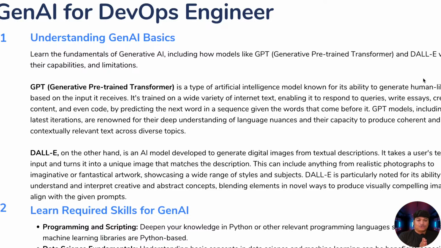Now, if you are saying I'm a DevOps engineer, I don't want to develop the model, it's actually fine. It's not like you have to do it anyway, but it's good to develop. Now, because the market is competitive, right? Whatever you learn will be helpful to you. So, what are the things that are required to start with GenAI? Again, if you are a DevOps engineer, you might not actually have to develop the models. In most cases, you will be integrating the models. You will be helping the data science engineers or machine learning engineers to run their solution in the cloud or in the instances, and train the models. Those kinds of things you do. But in case you are interested to learn about GenAI and you want to experiment with it, this point, or point two, is for you.